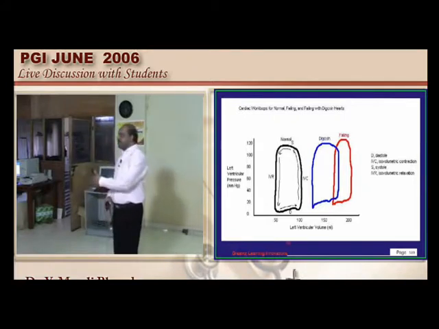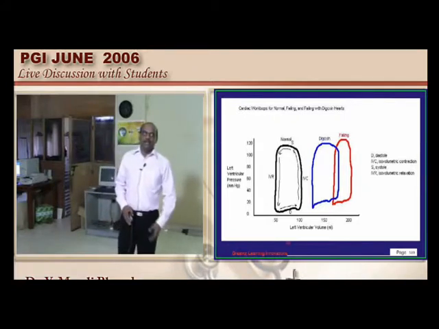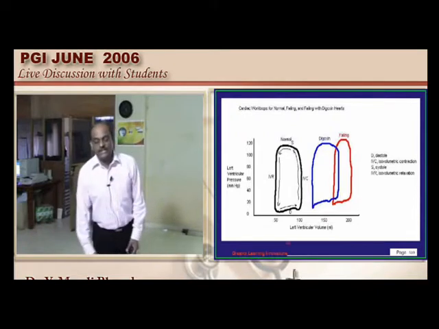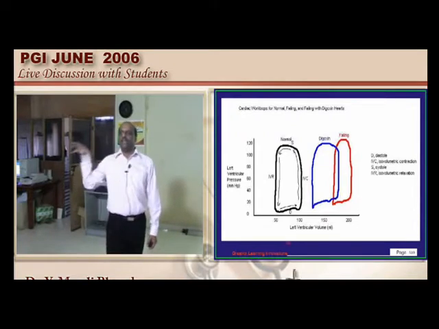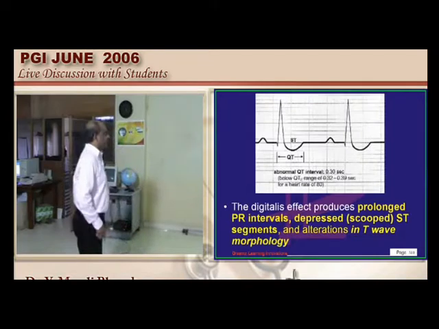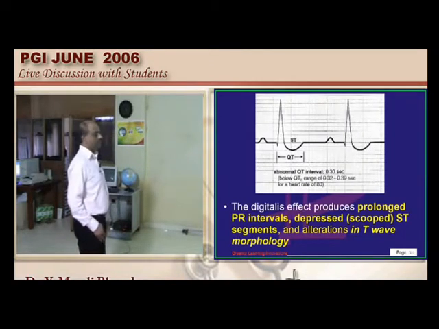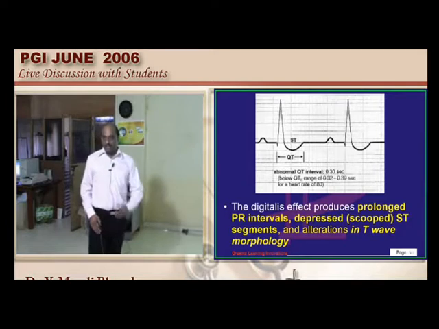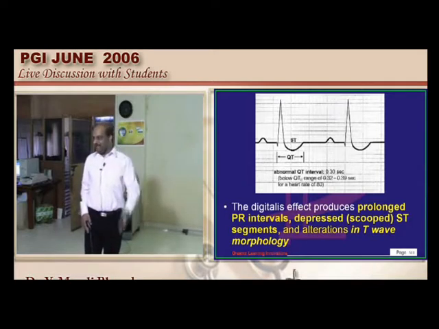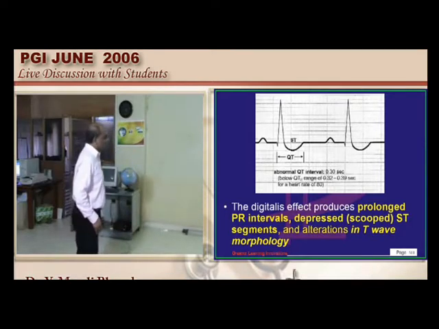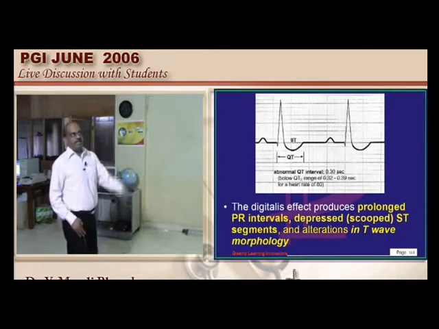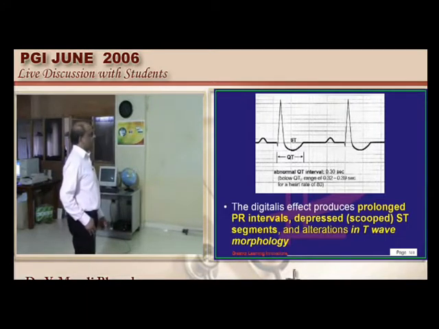Now if your patient is receiving digitalis, doctor, and he comes and takes out an ECG, what changes will you see in the ECG? Basically it will produce a prolongation of the PR interval, and this is called the scooping effect of the ST segment. Suddenly looking at it, don't make a diagnosis of angina, which also can cause ST segment depression. Called the scooping effect on the ST segment, and changes in the T wave morphology, they are the important changes.